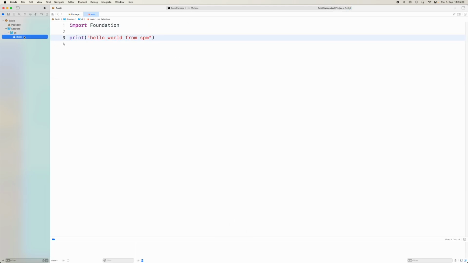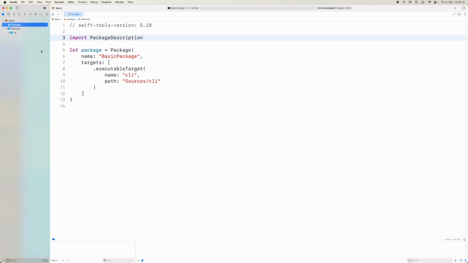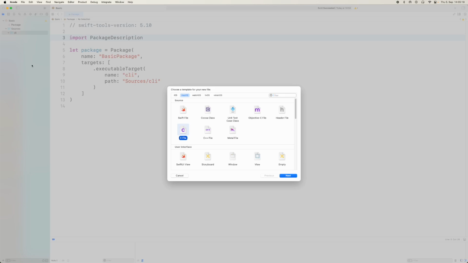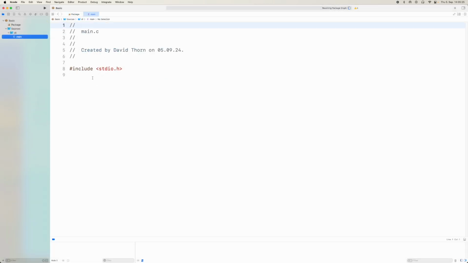So the question now is, can you have C and Swift at the same time in your project? And the answer is no, you can't. You either have a Swift target, or you have a C or C++ target, but you cannot mix the both here. All right, so let's just create a C file, and we'll call it main, and we'll say next,